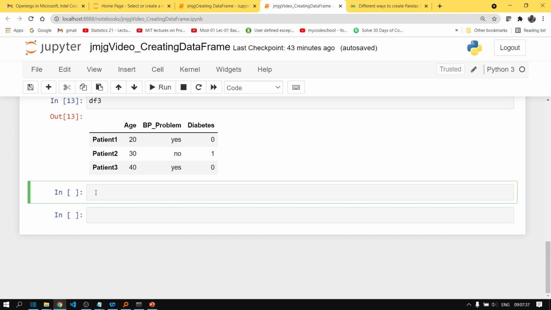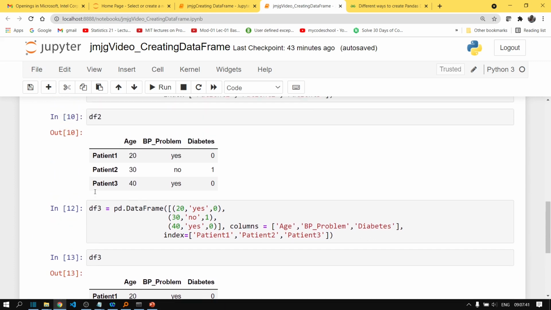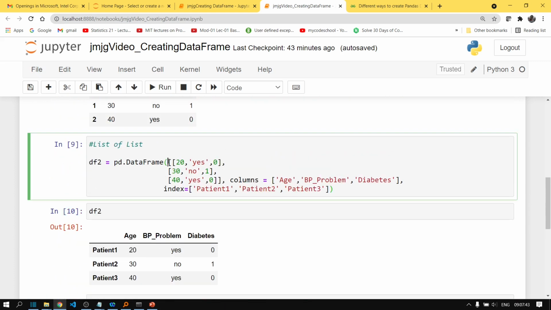So here we are just going to create a NumPy two-dimensional array. So what is a two-dimensional array? If you look at this list of lists, it is also a two-dimensional structure actually, because a single list is a one-dimensional structure. Now when you stack one list on top of another list, it becomes a two-dimensional structure, right?